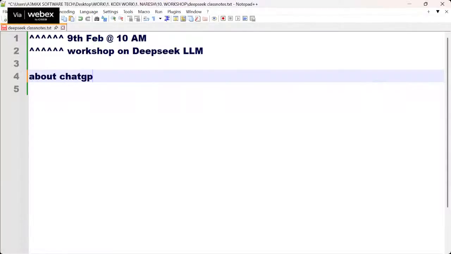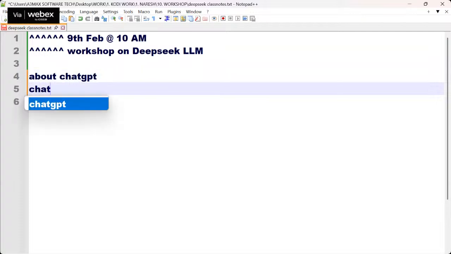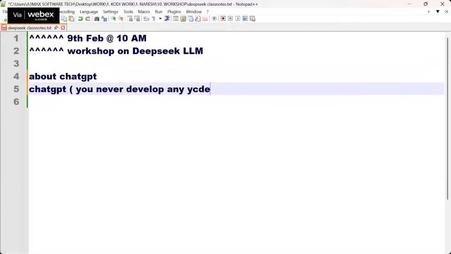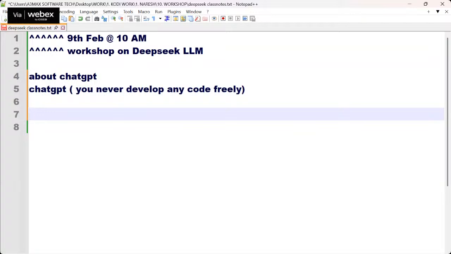ChatGPT is a paid application, a paid version, because you can never get its code freely. This is not open source. Open source means free.